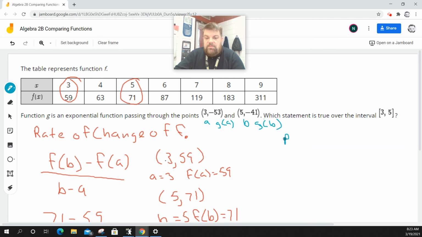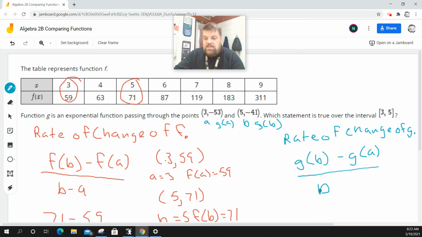So to do the rate of change of g, we're going to do g of b minus g of a all over b minus a,